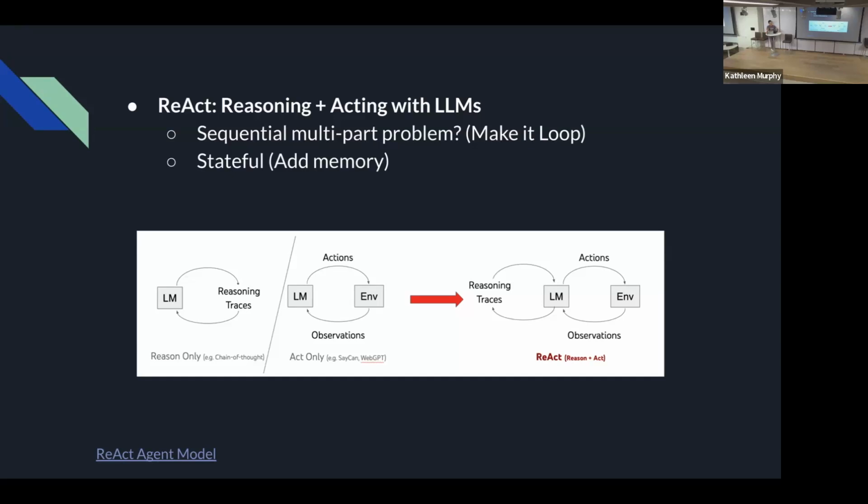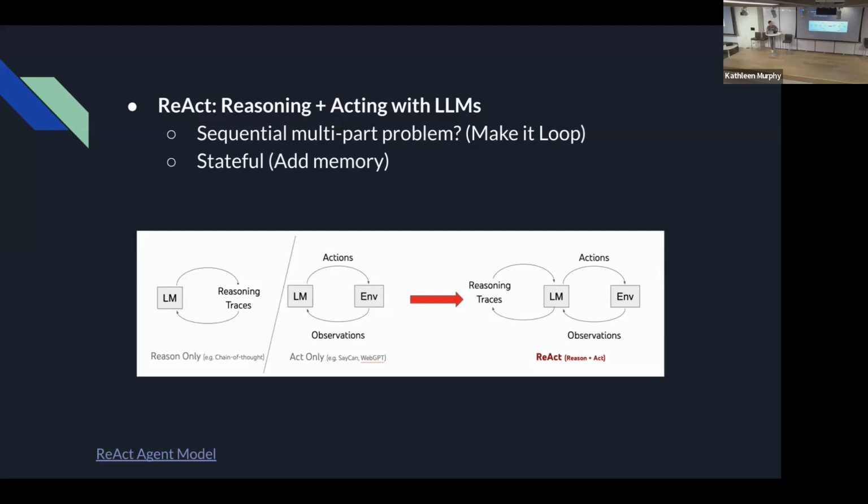So then it comes to ReAct. ReAct agents is basically reasoning plus acting with the large language models. Here you can see a diagram, which I took from the paper that I have linked there, called the ReAct Agent Model. As you can see, it's basically a loop, right? You send a query to the large language model to do the reasoning, and it gives you the results based on the environment, and then you can use that result to trace back and do the reasoning again, and you can do it in a loop. So that's basically the model.